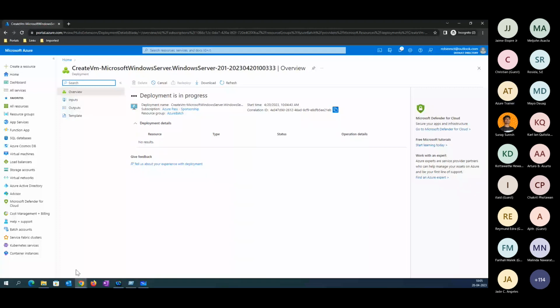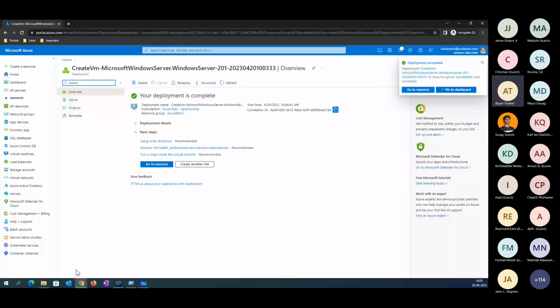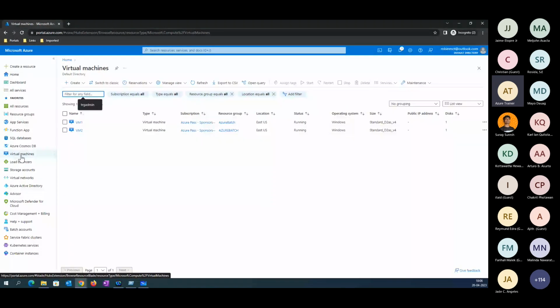Waiting for the deployment to complete. Right now, the servers have been created in the East US region without a public IP address. You can see both VMs have been created in East US.